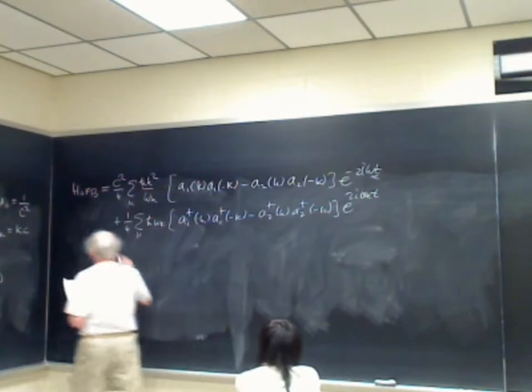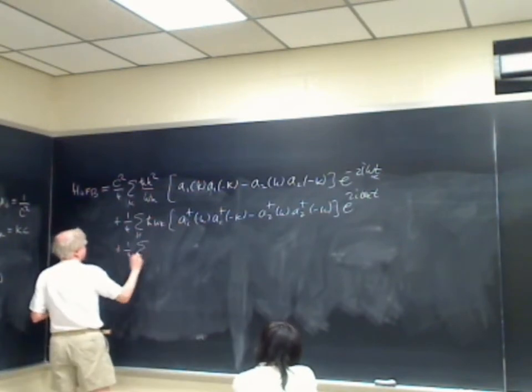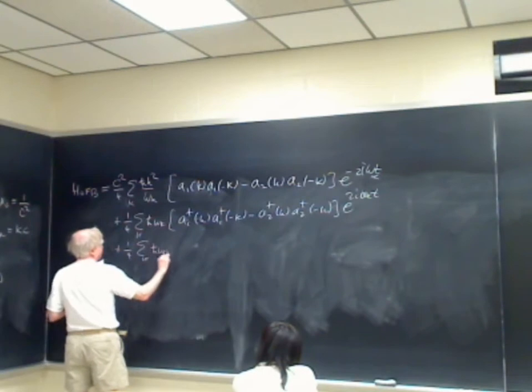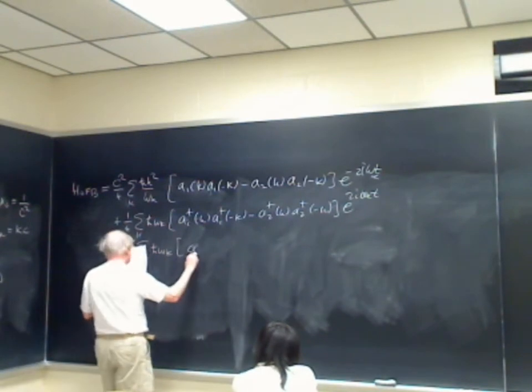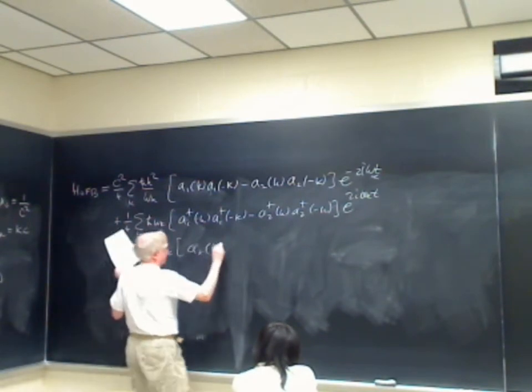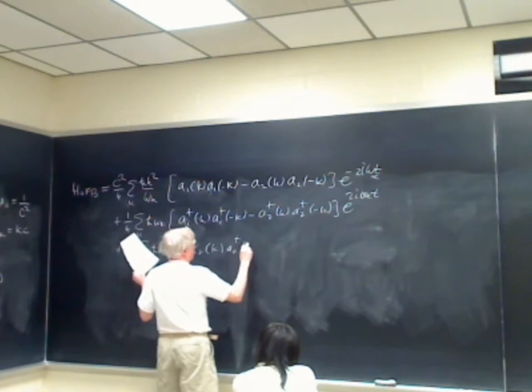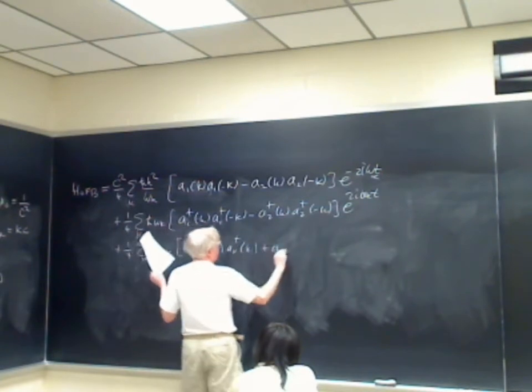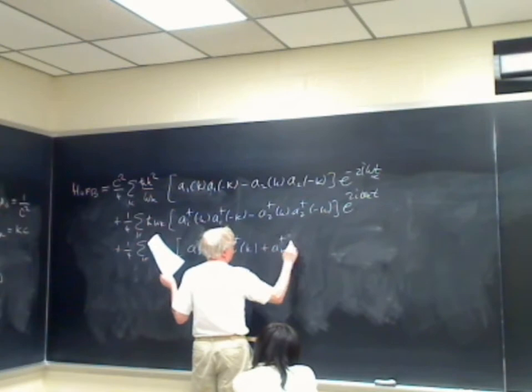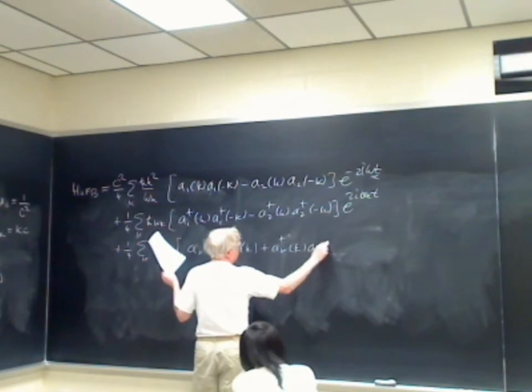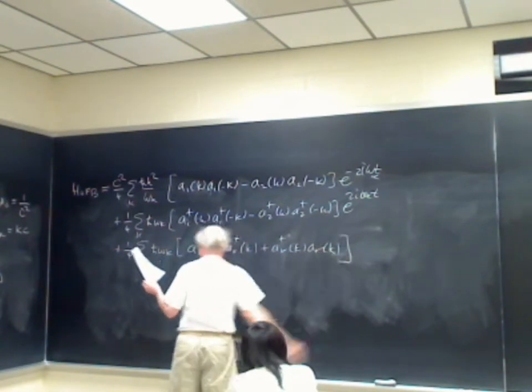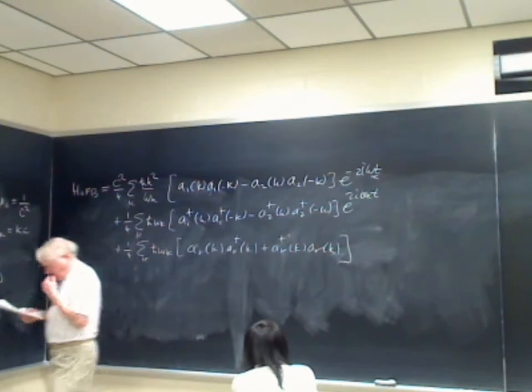And then finally, a quarter sum on k, h bar omega k, a sub r of k, a sub r dagger of k, a sub r dagger of k, a sub r of k. Okay, so